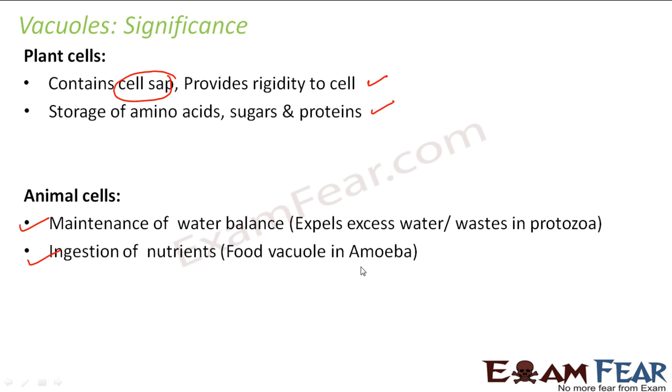In plant cells, vacuole also performs another function. That is the function which is performed by lysosomes in animal cells. As I mentioned before, the presence of lysosomes in plant cells is quite disputed. Many people say that lysosomes are not present in plant cells. The function of lysosomes is to digest the waste products. So that is also performed by vacuoles to some extent in plant cells.